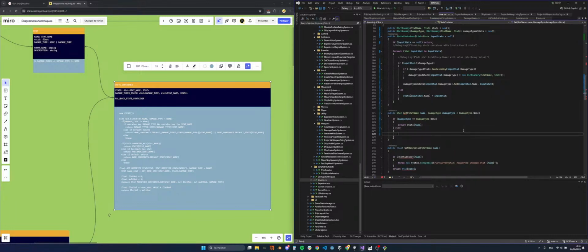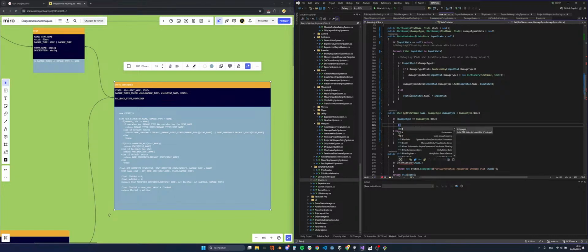Else, we're gonna return damage type stats, damage type name. Now, of course, here be a bit smarter about this, like